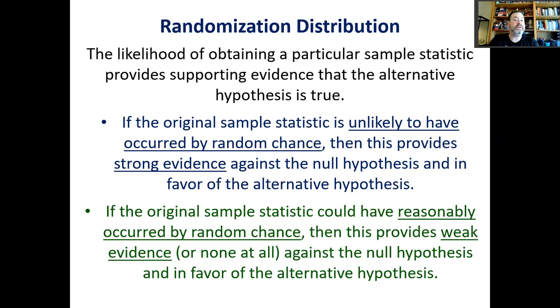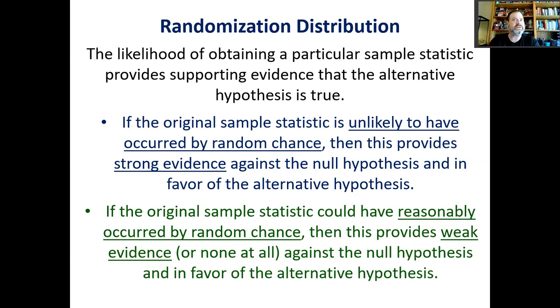And we saw that in 4.1 when we compared those box plots. The original sample statistic we had, the box plots looked pretty well offset, which tells us that caffeine looks like it's causing some sort of difference. But if the original sample statistic could have reasonably occurred by random chance, then this is weak evidence or none at all. That would be if the box plots look very similar, which is what we also saw in section 4.1. So now we're picking up where we left off there, and now we understand what this randomization distribution